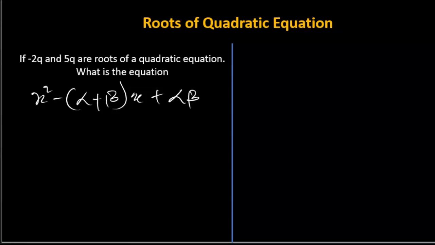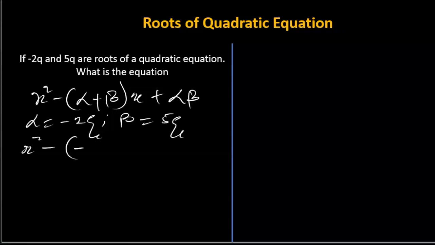Now, let's get started using x squared minus (alpha plus beta) x plus alpha beta. Here our alpha is equal to minus 2q, and let our beta be equal to 5q. So that x squared now minus alpha, that's minus 2q plus 5q, into x plus alpha beta, that's 5q